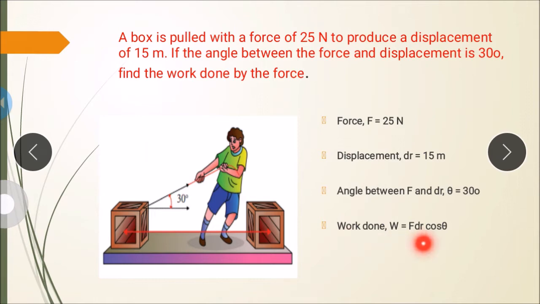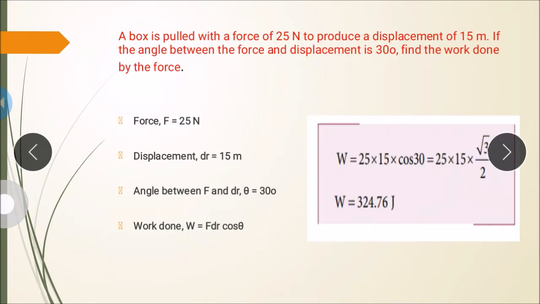Work done W is equal to F into dr into cos theta. This is the formula which is used to calculate the work done by the force. So the same problem is given here. These are the values: the force, displacement, angle, work done. So W is equal to force 25 into displacement dr 15 and cos theta, cos 30 is root 3 by